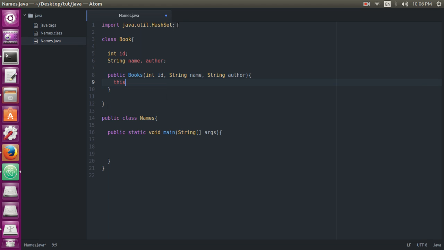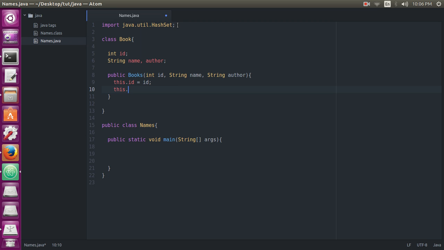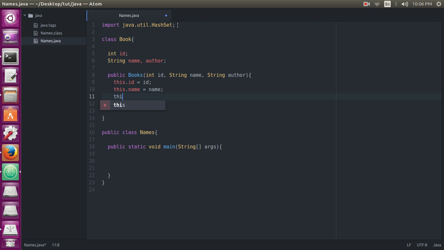Now this dot id is equal to id, this dot name should be equal to name, and this dot author should be equal to author. Let me see if there are spelling mistakes. So no spelling mistakes are there. So now we just need to write the code in our main function.